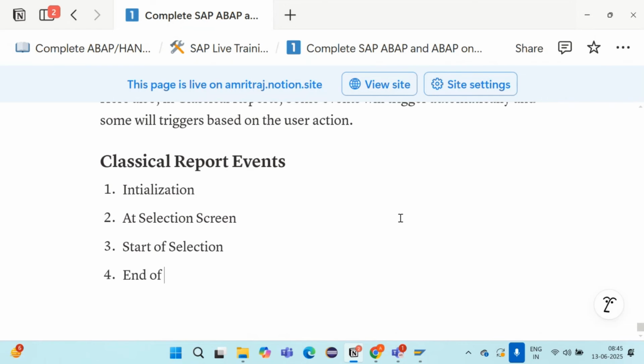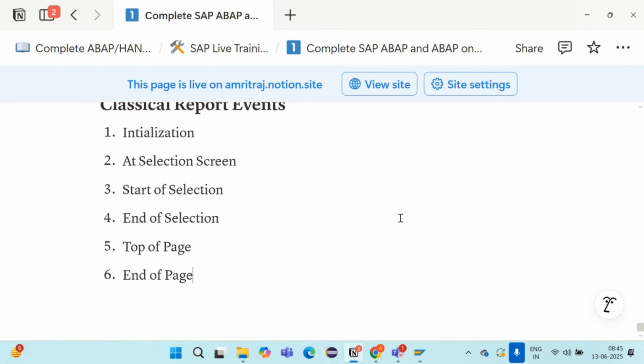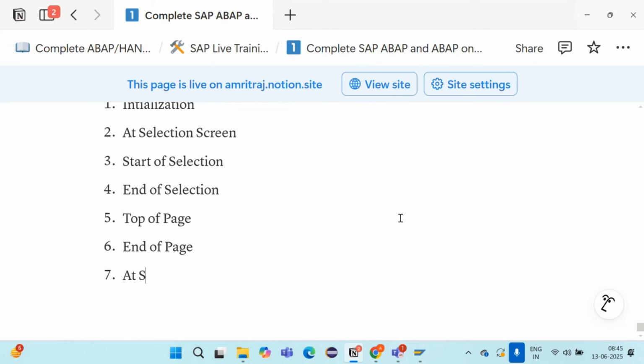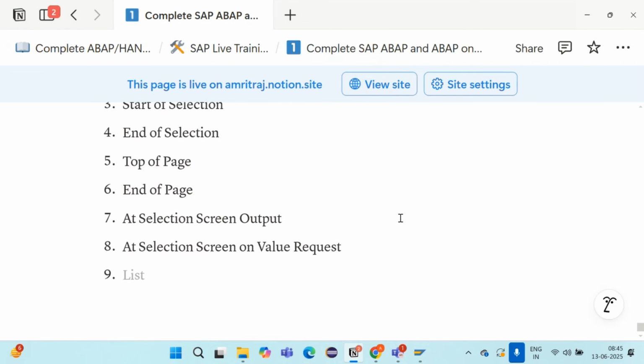End-of-selection, top-of-page, at selection-screen output, at selection-screen on value-request, at selection-screen on help-request.